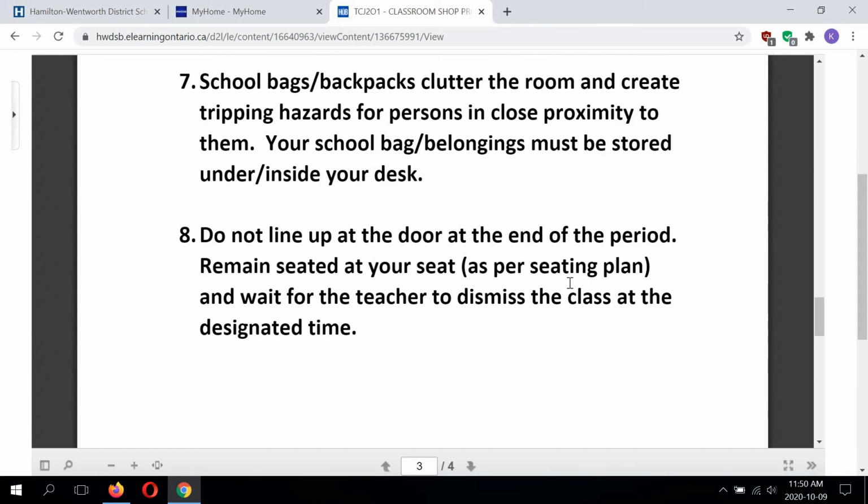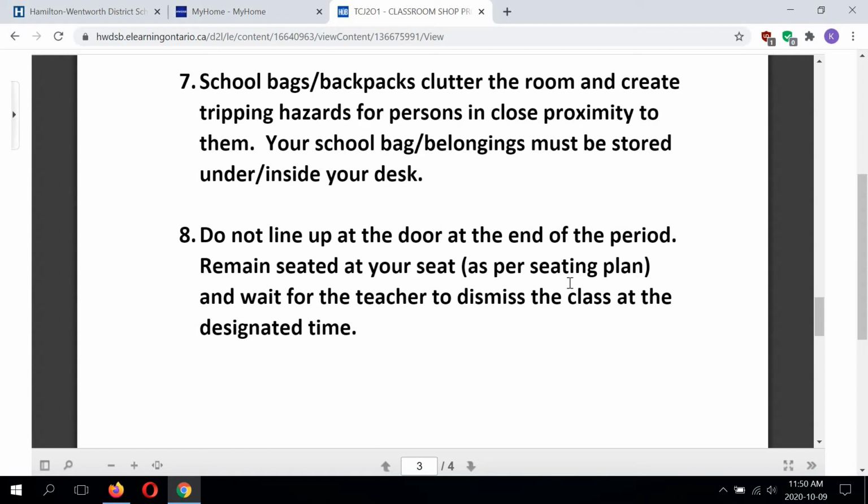Number 7, school bags. Backpacks clutter the room and create tripping hazards for persons in close proximity to them. I know that you're not allowed to use your locker right now. Lockers are off limits, so you can bring your school bag belongings to class, but you must store them inside your desk. So where you sit, there is an open space, kind of like a little storage area that you can put your bag,